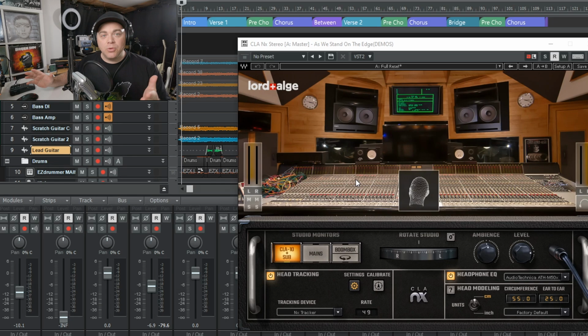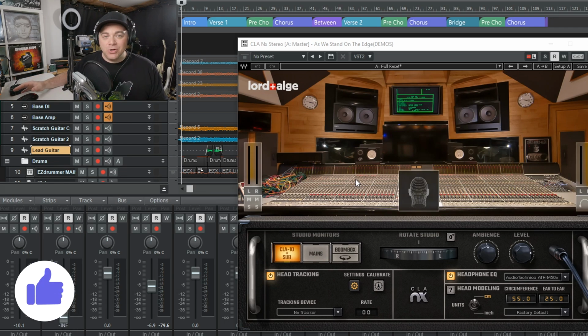So this plugin, the Waves CLA NX, takes your home acoustics right out of the equation, and it puts you into CLA's mix room, complete with his speakers and even his boombox for referencing. So this plugin is for most of us who are mixing with headphones and we don't want to disturb our neighbors or other people within the home, but we still want to get accurate mixes.